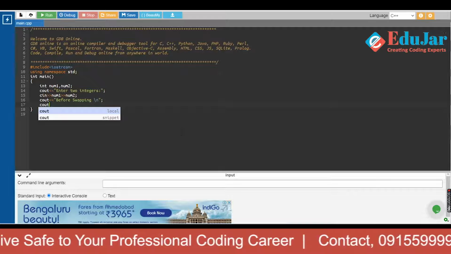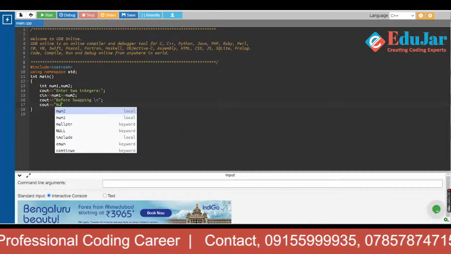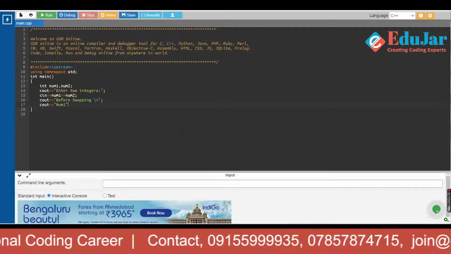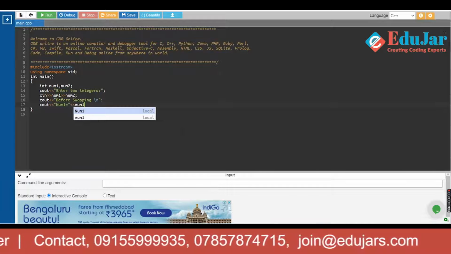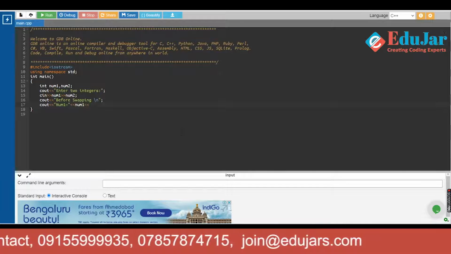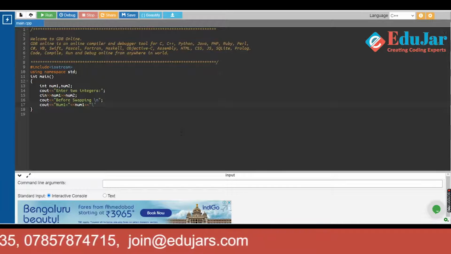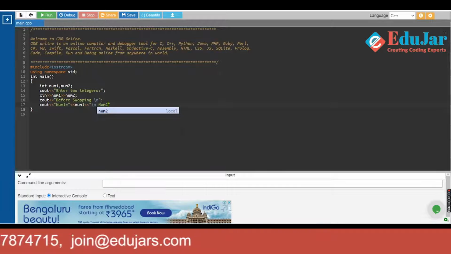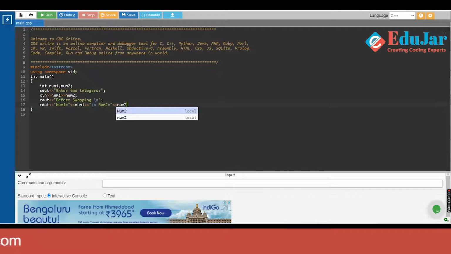Okay, so we'll display "before swapping". num1 was equal to the value of num1, whatever value is entered by the user, and num2 will be equal to again the value of num2, that is the value entered by the user. We end the line and move on to the next line.